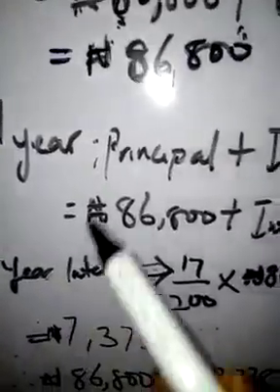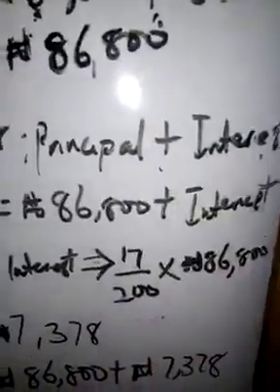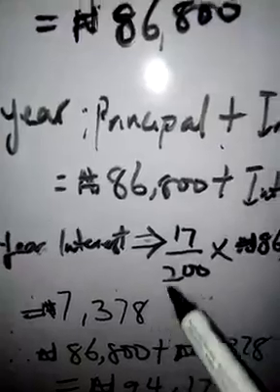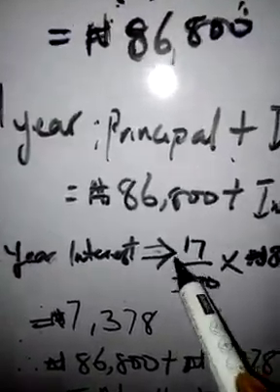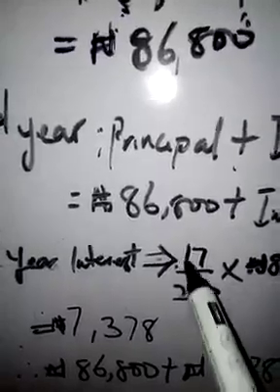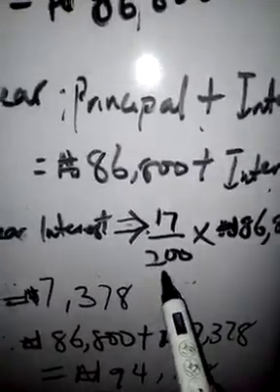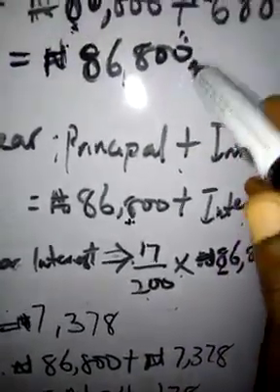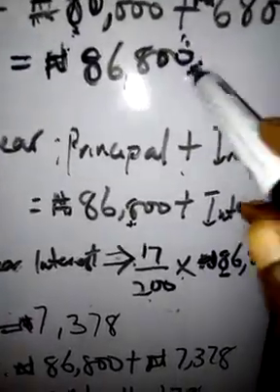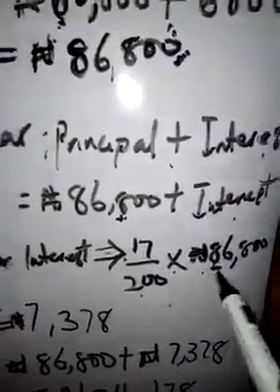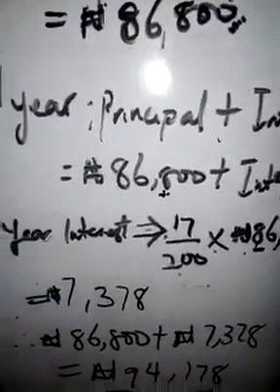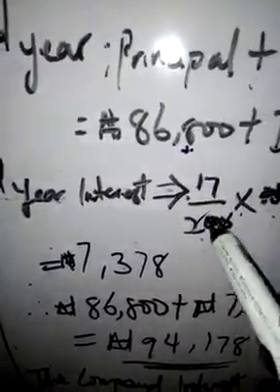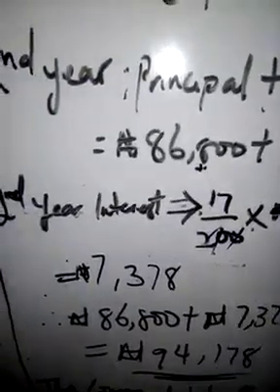When we move to the second year, it will still be principal plus interest. So how do we now get the interest for the second year? That will be that same rate, at 8.5% rate. That will be 17 divided by 200 multiplied by 86,800. This 86,800 is the first year compound amount, the first year calculation that you have. Multiply this by this, then you have